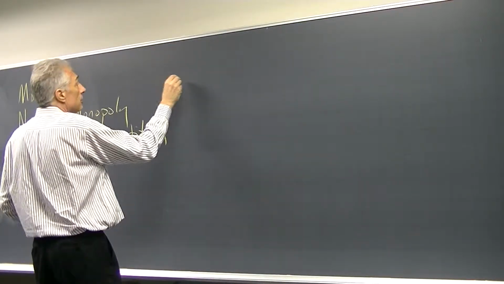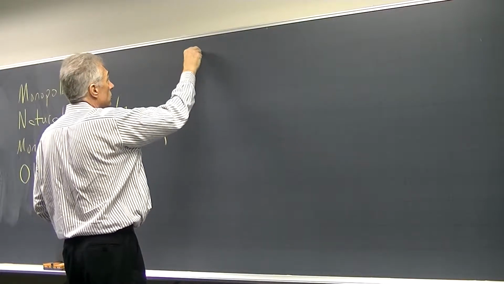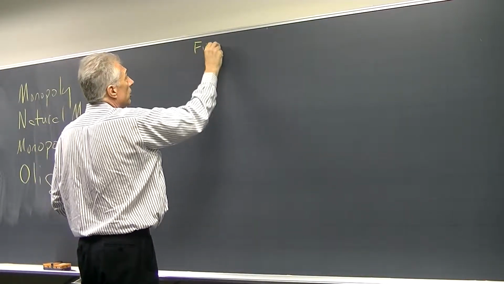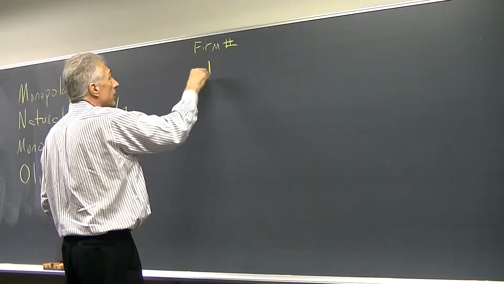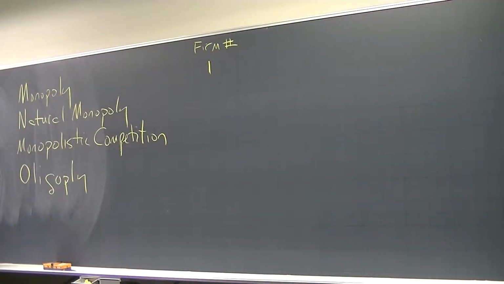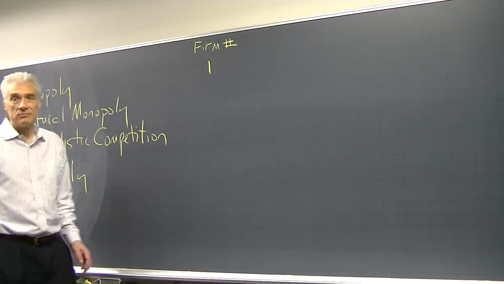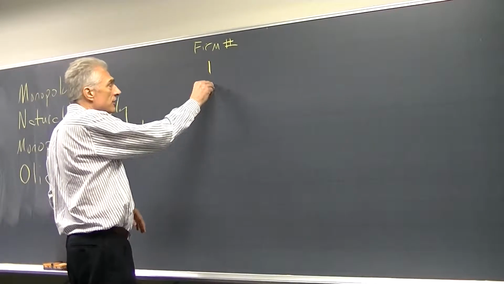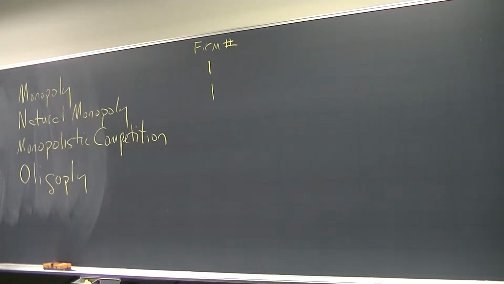So we've got monopoly, how many firms? 1. How many firms are there in a natural monopoly? And this is all I really wanted you to do. How many? 1. That's it, there's only 1 firm in a natural monopoly. That's what it is. It's a monopoly. It's 1, it's not 2. Some people wrote 2. It's 1. That's what a natural monopoly is, 1 firm. That's the point. If there's more than 1 firm, then it's an oligopoly. It's not a natural monopoly.